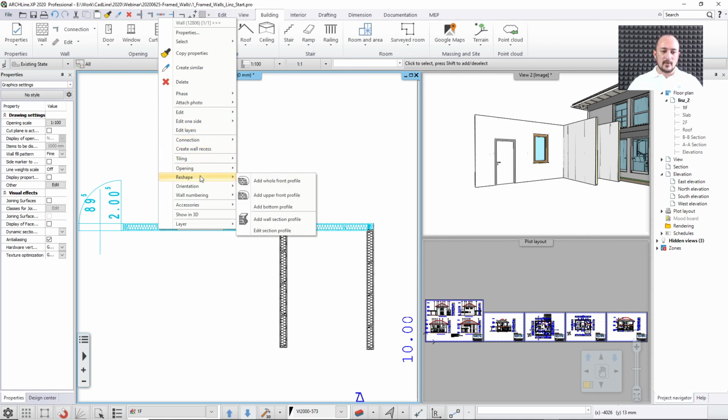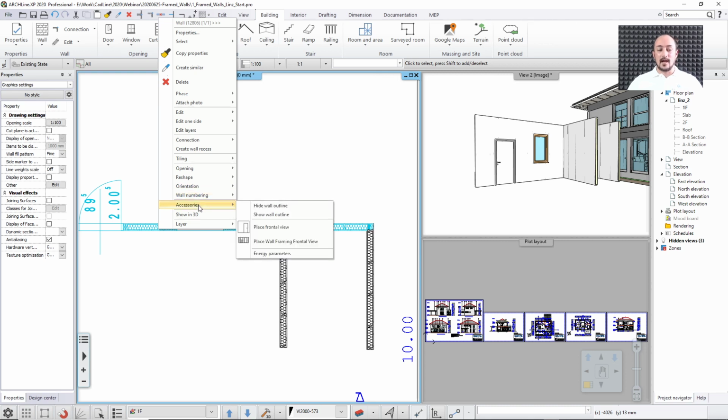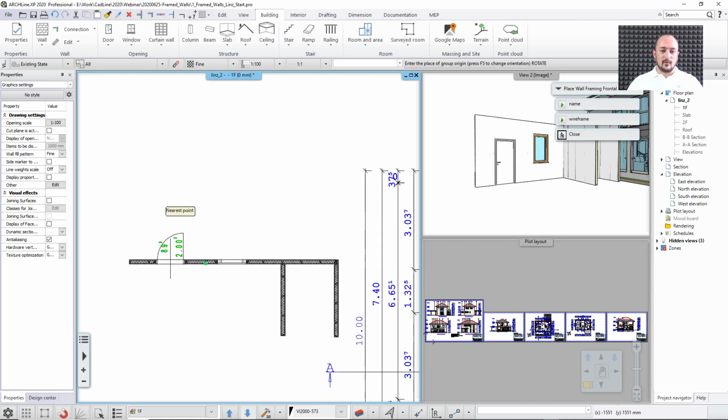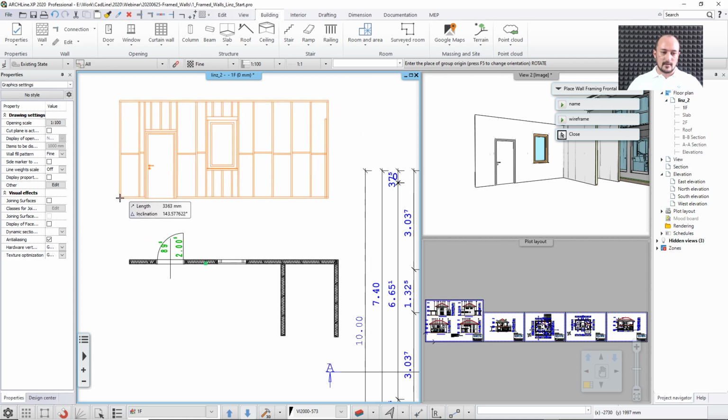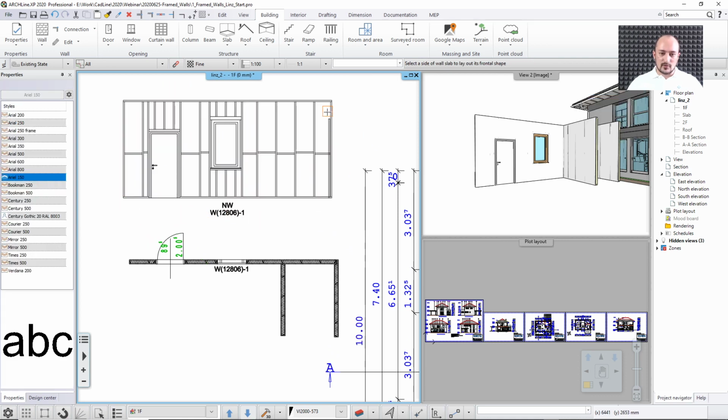And now the one that I'm willing to use is, just a moment, yeah, it's here, in the accessories, and that is the place wall framing. This is a specific one for this framed wall. As you can see, I should have changed the length of the column, which I can do later at any time. And now I have this structural design